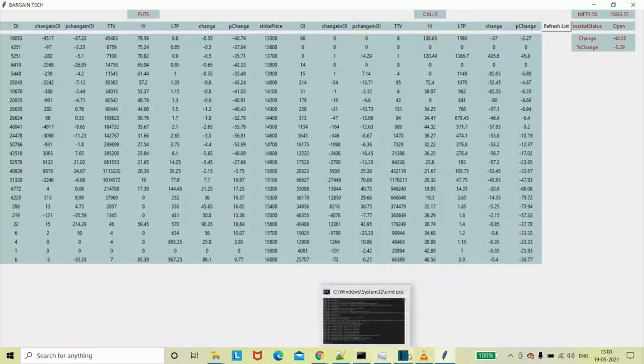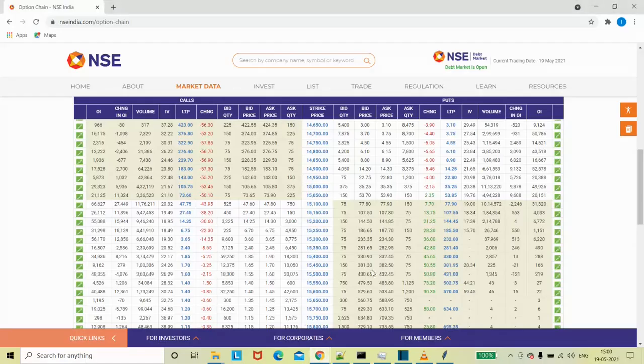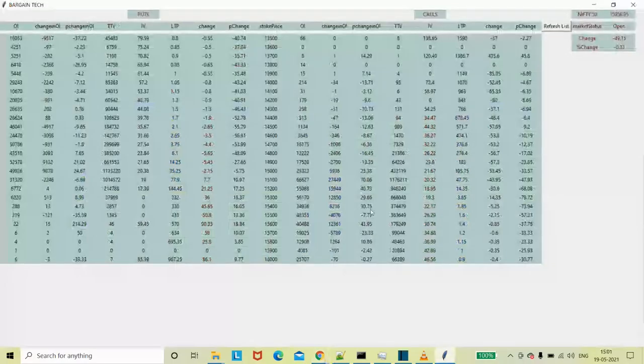Let me check it on the NSE. So yeah, 31,320. You can see. Similarly, other values are also being fetched live. As you can see, the values are updated, if you have seen this video closely. And similarly, this open and percentage section is coming from the NSE only, right?